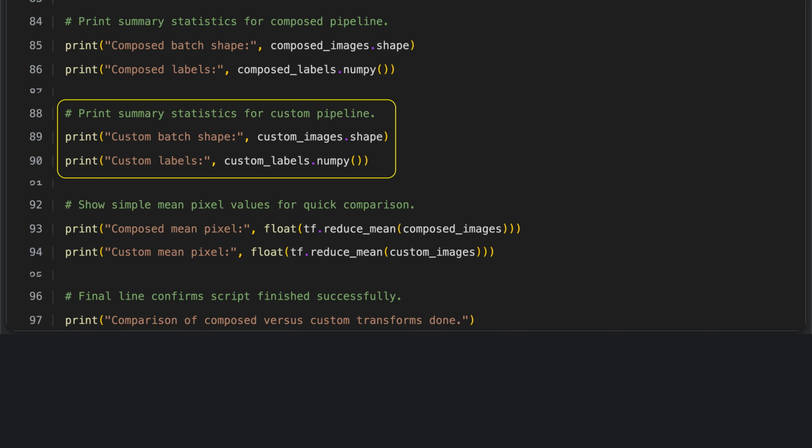We begin by printing the shape of the custom image batch to quickly check the dimensions of the data produced by the custom pipeline. Then, we print the labels for this batch, converting them to a NumPy array so they are easier to read. Together, these steps let us confirm that the custom preprocessing pipeline is working correctly by verifying both the structure and the